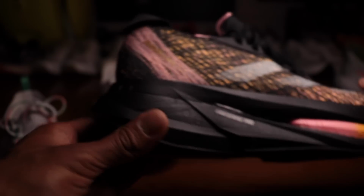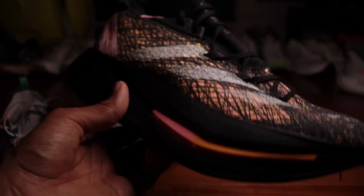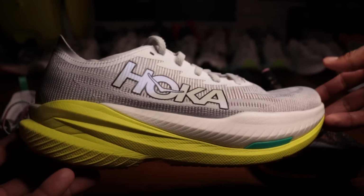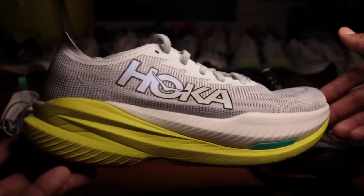This guy is the super beefy one, designed for long runs, designed for spending long hours out on your feet, literally hours. This is designed to be a 2 to 3 plus hour shoe, give you a lot of bounce and comfort. And then in the middle, we have the Mach X2. And this type of a shoe, this is what most of us think of when we think of plated training